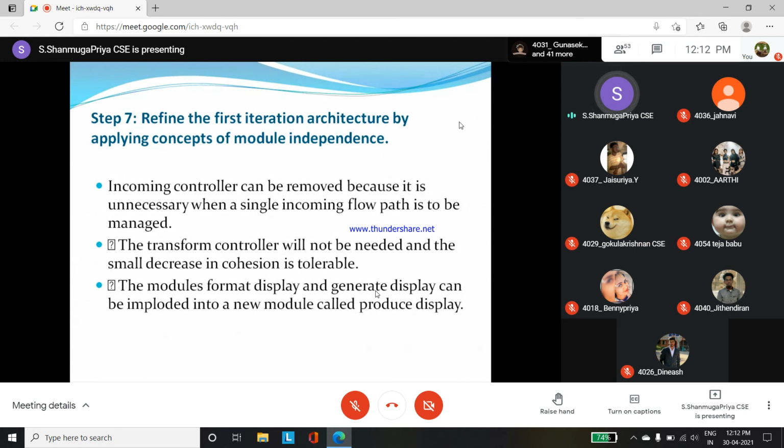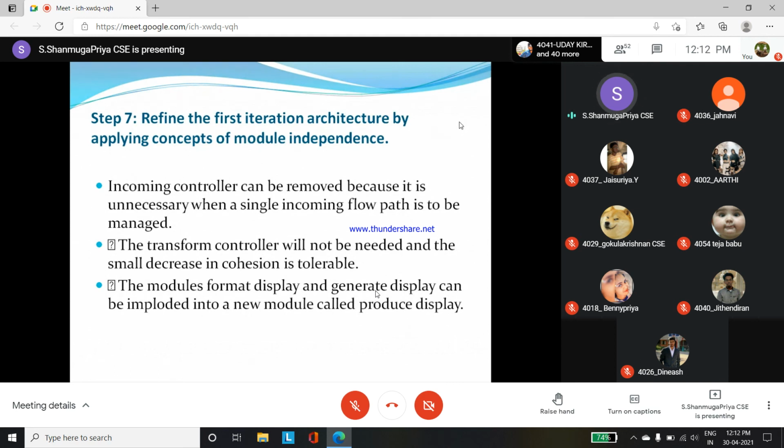The reason we are concentrating more on this is that with the help of this diagram only we can identify what is the flow of the process, the flow of the product. That's why they are doing this much of activities. Okay, so here we have taken the safe home product. For the safe home product we are doing the 7 steps transaction mapping concept.